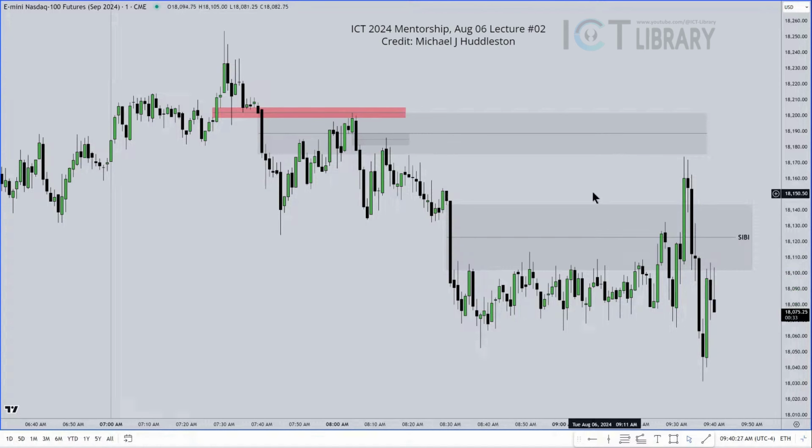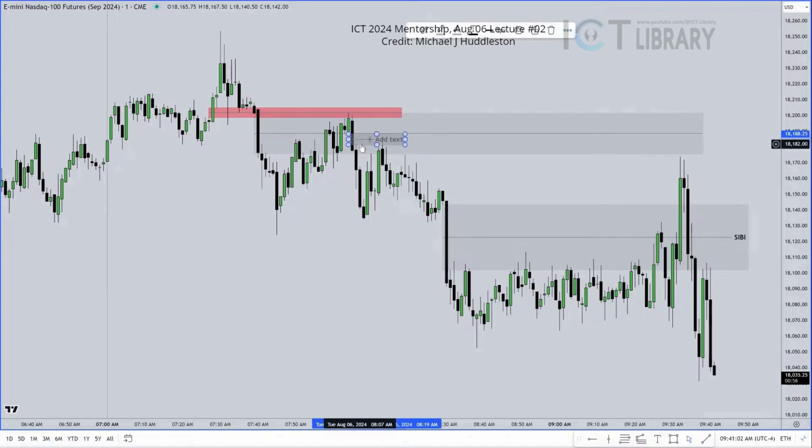I won't extend it forward, because it's against the underlying direction and the state of delivery, which is it wants to go lower. So if it wants to go lower, I'm not interested in this unless it shows me that it wants to reverse and it's done something very violent down here. Like it could do it here. I'm not saying it will, but if it did something violent and started to reverse, then I would draw my attention to this one because then I could act on that as an inversion fair value gap because it would reverse its role. But right now, when the narrative is in motion, every sell side imbalance, buy side inefficiency, I'm